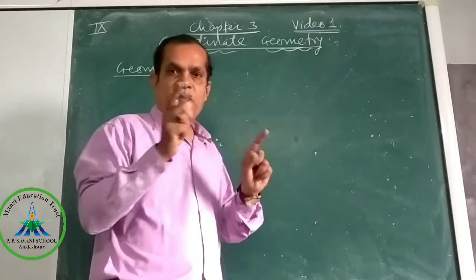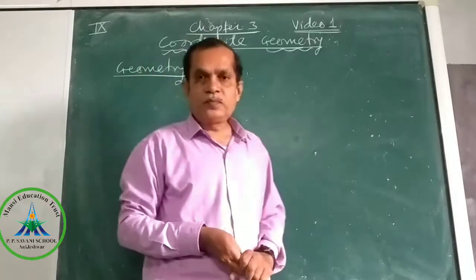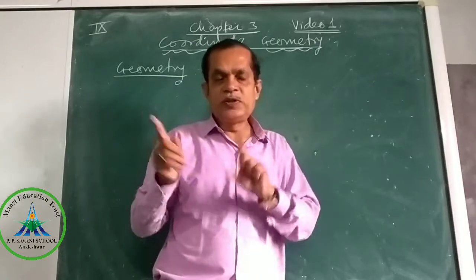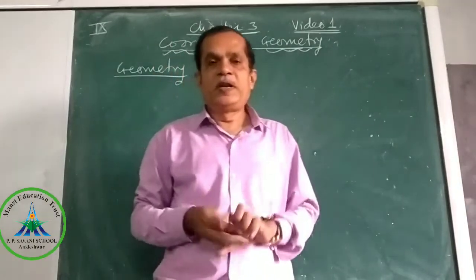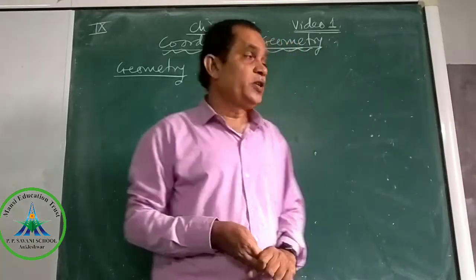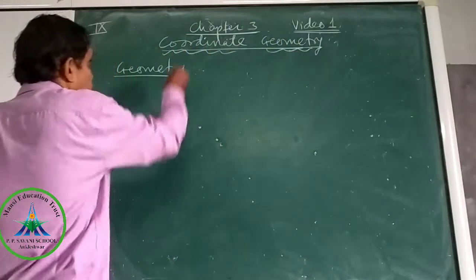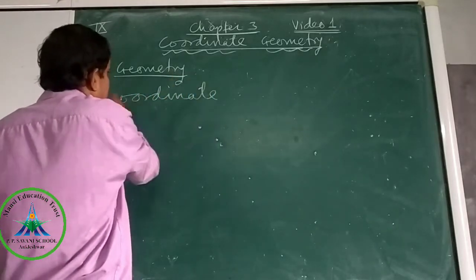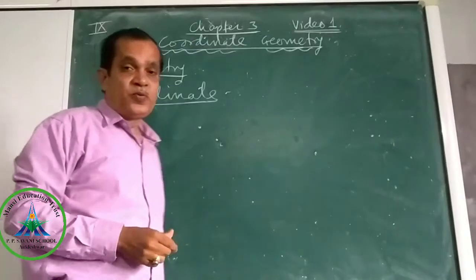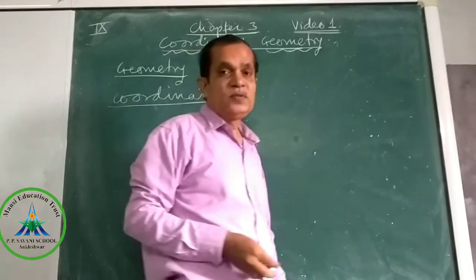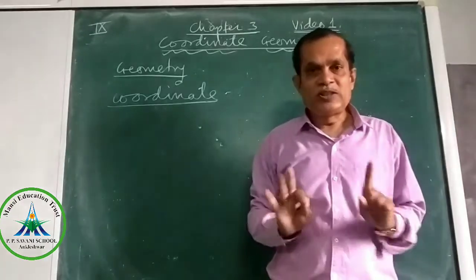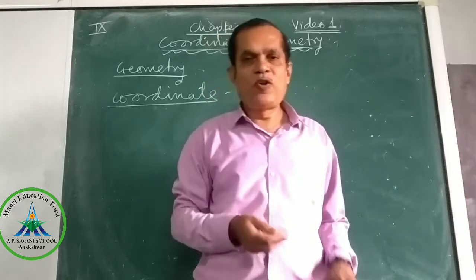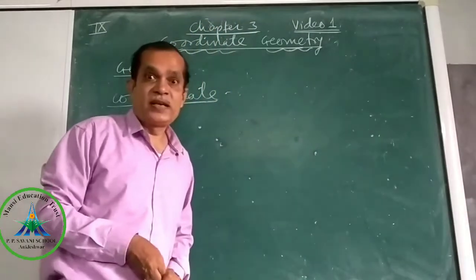And if I draw a triangle, it has three angles. So the study of lines and angles is dealt with in geometry. Okay. So see now, again one word is there, coordinate. You are familiar with the word coordinate. X coordinate, Y coordinate. We have drawn graphs. We wrote Y coordinate, X coordinate, X axis, Y axis.